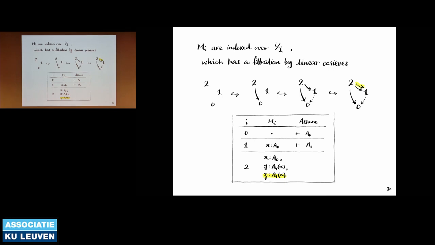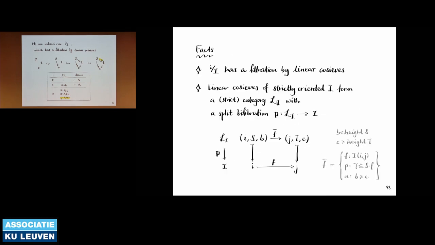Now when we copy this into type theory, we can organize linear co-sieves into a strict category, which will then let us do the construction. So the idea is that linear co-sieves of strictly oriented I form a category Li, and this category looks like, well, I'll tell you what it is in a moment. And there is a split fibration out of this category back into the original inverse category. So what is Li? Well, Li is basically a category of co-sieves, but we impose bounds on the height of